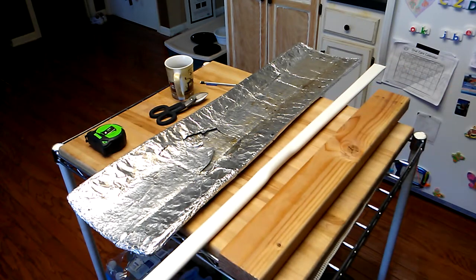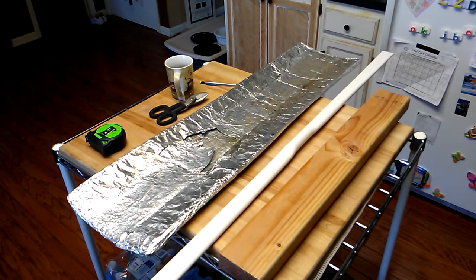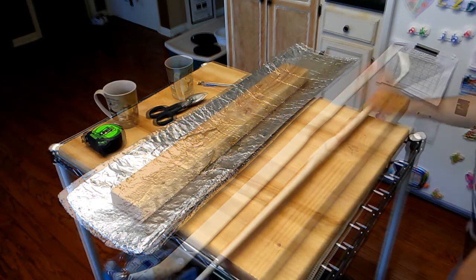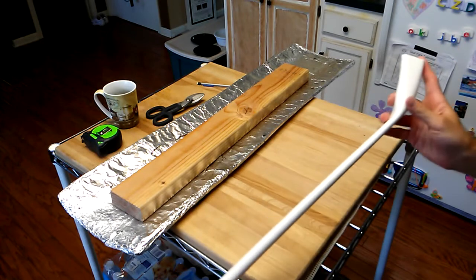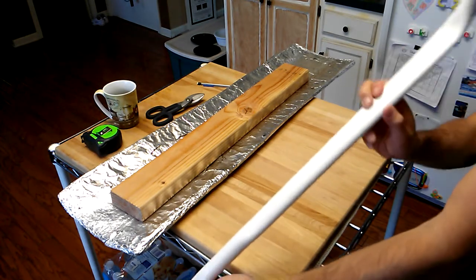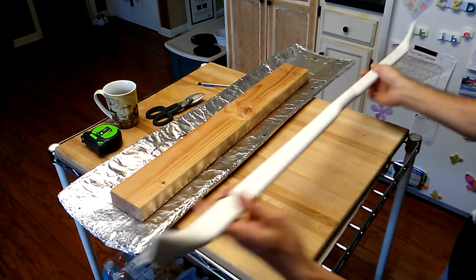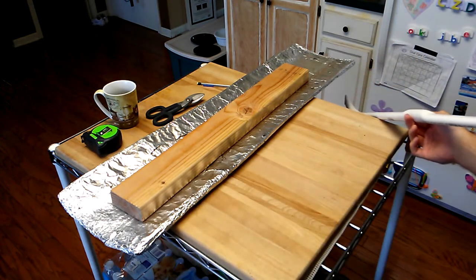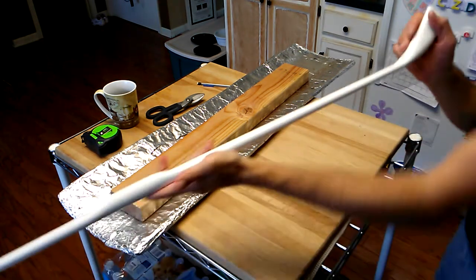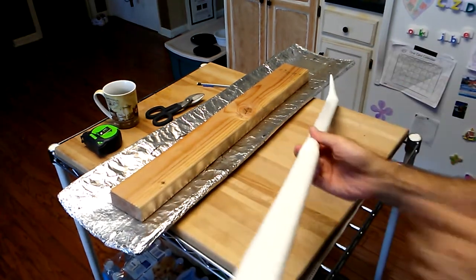I'm then going to cut nocks, and we can go outside and start testing to see exactly what the ultimate strength of this bow is and what sort of modifications I'll need to make to it. We're done now. I've added recurves to both of the limbs, flattened them, tapered them. The only thing that remains is to go ahead and correct any tilt, any off axis that you have with the limbs. Because now if you look down it,